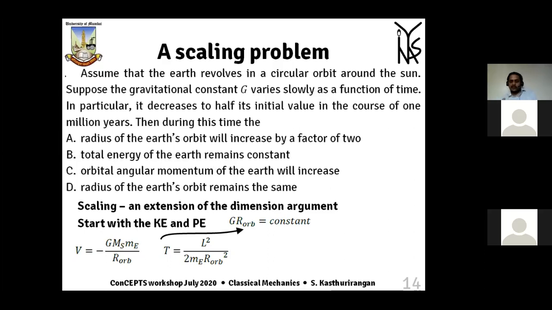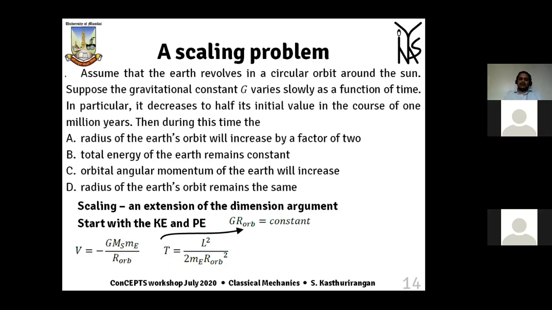This is after you have solved the problem, but before solving the problem, my argument was as follows. And at that same time, I had pointed out it is a soft argument, it is not a conclusive argument. Point C is conclusive. The angular momentum is conserved. Number B was eliminated, not completely eliminated, but it is very unlikely to be the option, on the following argument: that since G is reducing, the sun's attraction for the earth will reduce. So it is very unphysical to feel that the earth will come closer to the sun because the attraction is reduced.